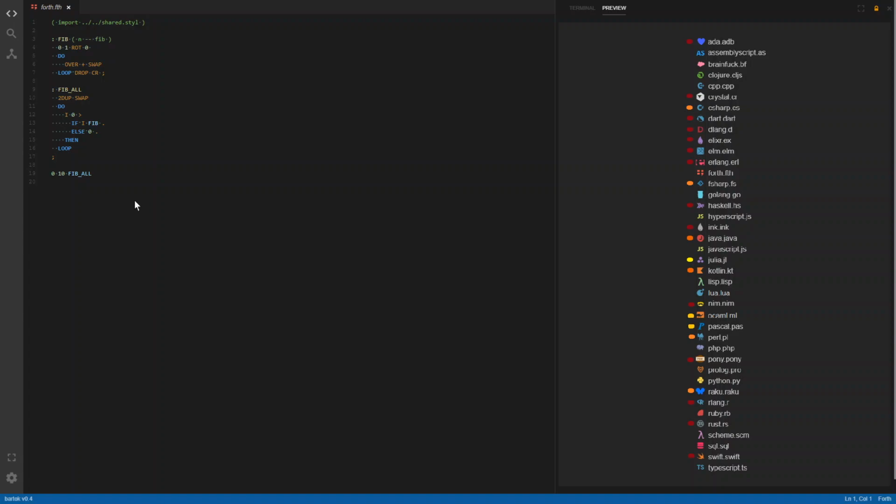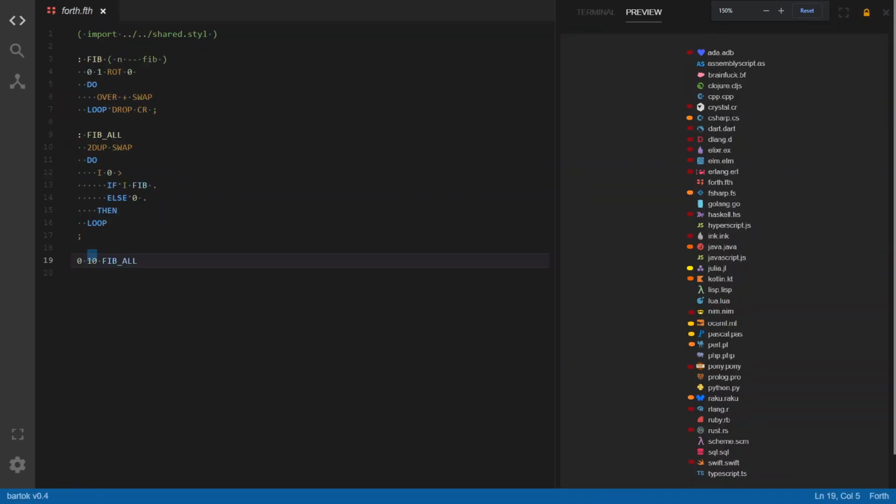In fact, the program structure is not too different from JavaScript or C or what I've been used to so far, except they use reverse Polish notation. So the first argument here that gets pushed to the stack is 0. The second argument is 10, and then you call fib-all. I guess you put that to the stack. This to-do pulls